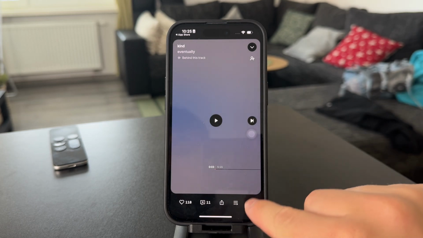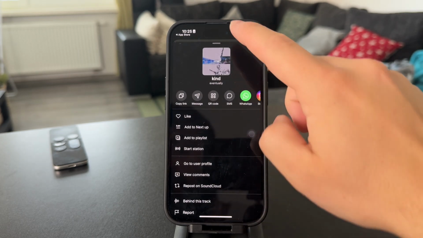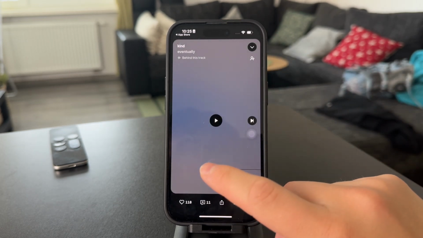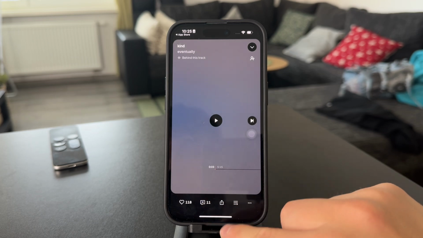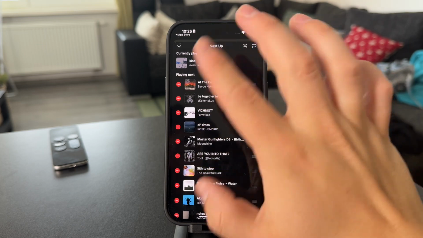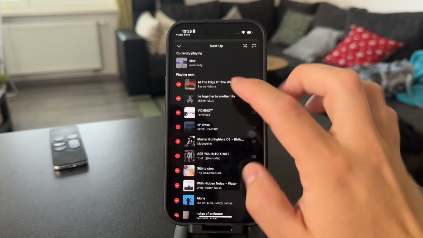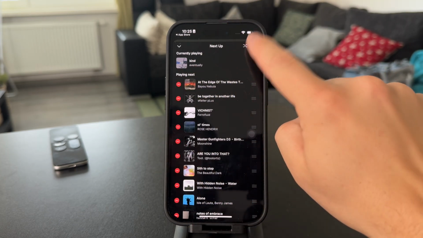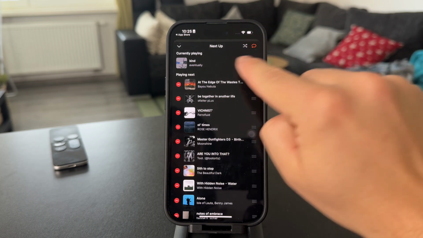So in case you want to put it on replay, what you can do in here is make sure you find the next up icon. So it is this right here. You're going to click on that. This is the next up, and here's a list of all of the songs which are going to come up. But you can actually click on this button right here, which is going to replay or loop this